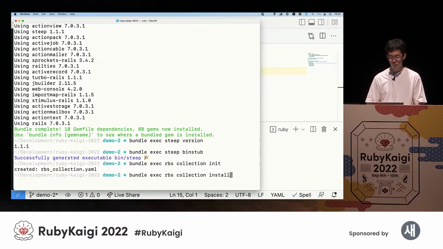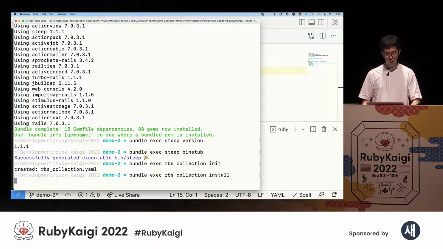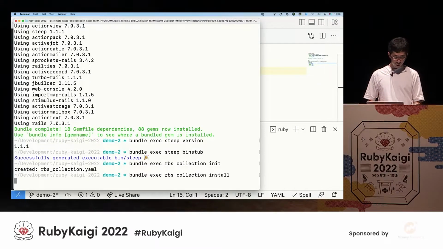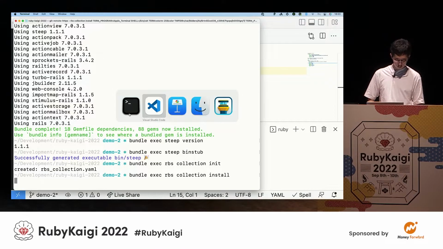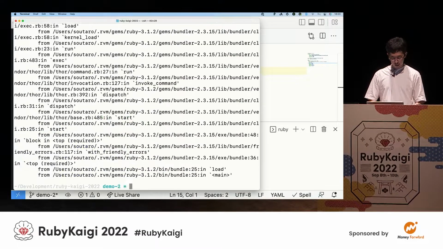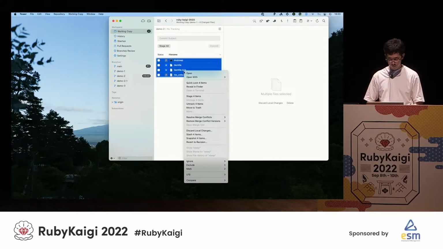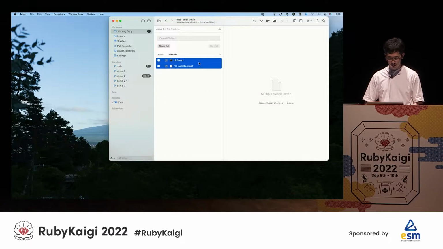run the rbs collection install. So it will download the RBS files from the gem RBS collection repository, and it takes some time. Okay, so let's stop doing this. And move to